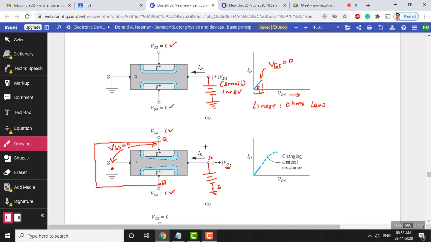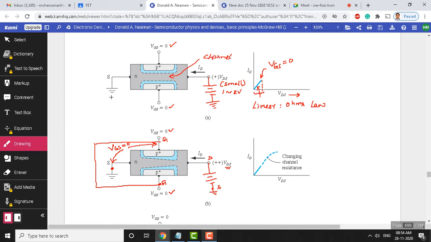Let us see now what happens for the increase in the drain source voltage. You can see what is happening within the channel region. So you should observe the channel region here. For small VDS, say 0 all the way up to 2 volts, you don't see any change in the channel region. Channel region is almost constant from source side to drain side. This is the channel region, which is the gray colored part.